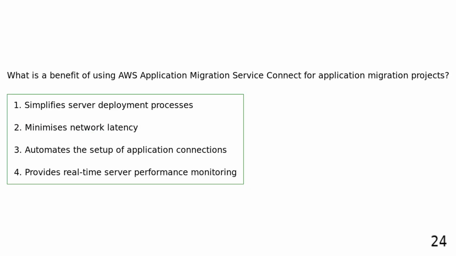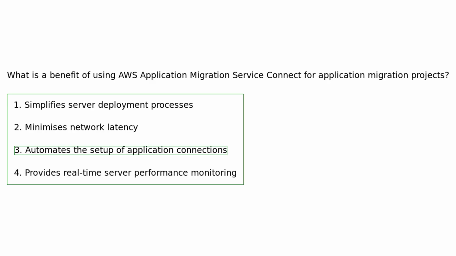What is a benefit of using AWS Application Migration Service Connect for application migration projects? Simplifies server deployment processes. Minimizes network latency. Automates the setup of application connections. Provides real-time server performance monitoring. AWS Application Migration Service Connect automates the setup of application connections, streamlining the migration process by simplifying and accelerating the